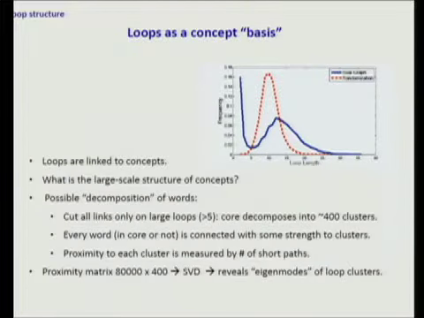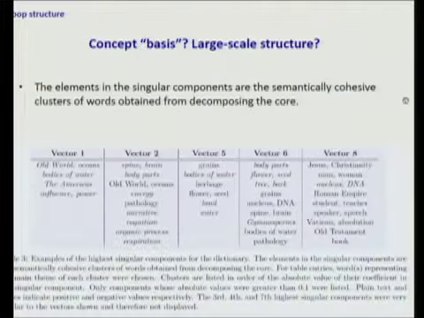And we have a large matrix that we can then apply SVD, a singular value decomposition, and look for eigenvalues, which are some vectors of loop clusters that go together in many of these words. And if we do that, we see that these vectors are not totally unreasonable. They have a certain